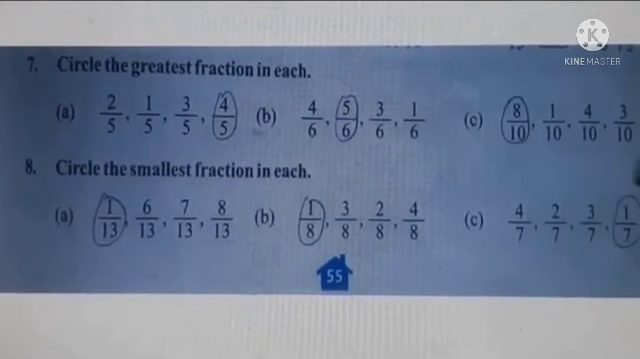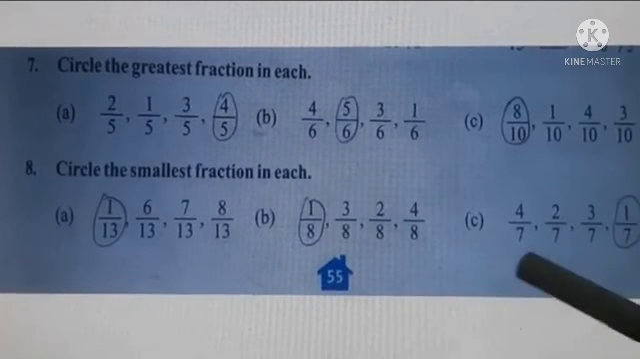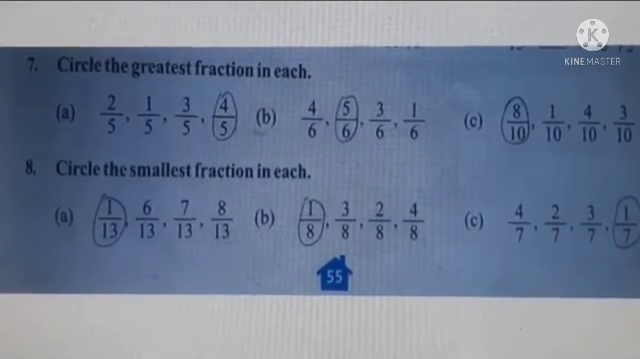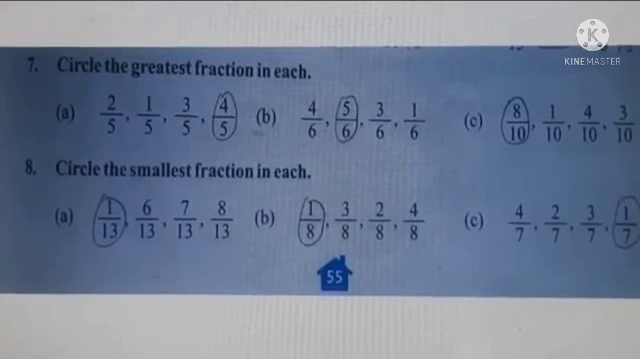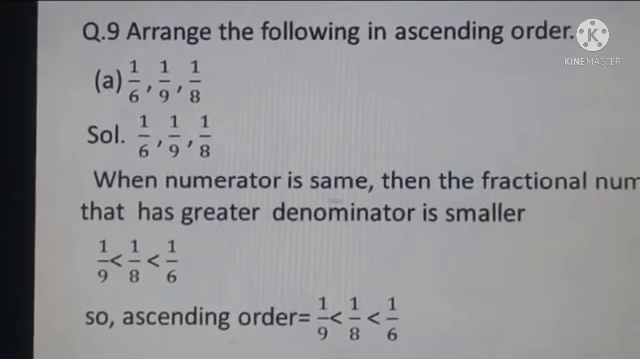C part, 4 upon 7, 2 upon 7, 3 upon 7, 1 upon 7. Denominators are same. These are like fractions. So we will check numerators. 4, 2, 3 and 1. The smaller numerator is 1. So the smallest fraction is 1 upon 7. Clear? Now before starting our next question, question number 9,